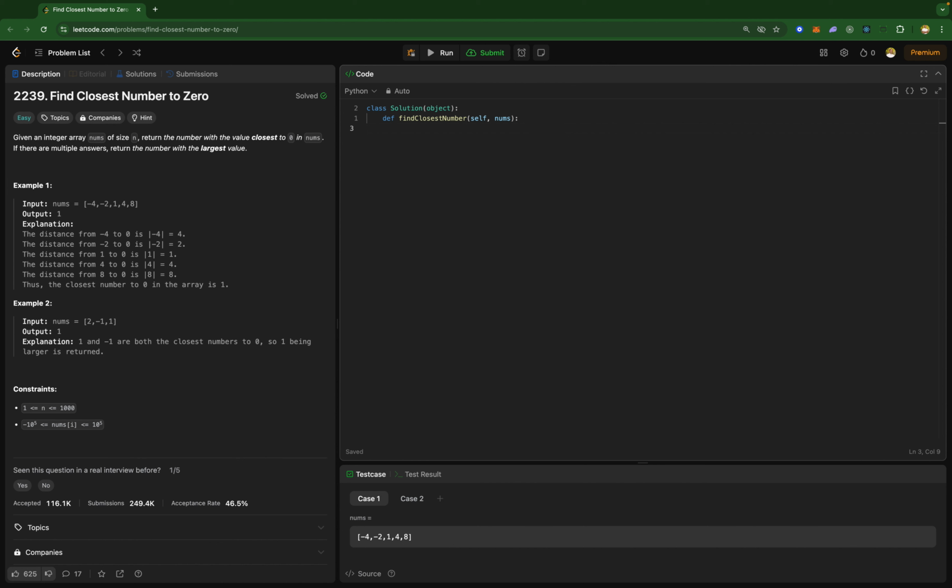Now, the first thing that we need to do is make sure that we have a variable that is going to hold the closest number that we're going to update. So you can say closest is equal to nums. We can give it any number in the array, but for this, let us give it the first number, which is index 0. Now we are going to loop over nums. For num in nums,